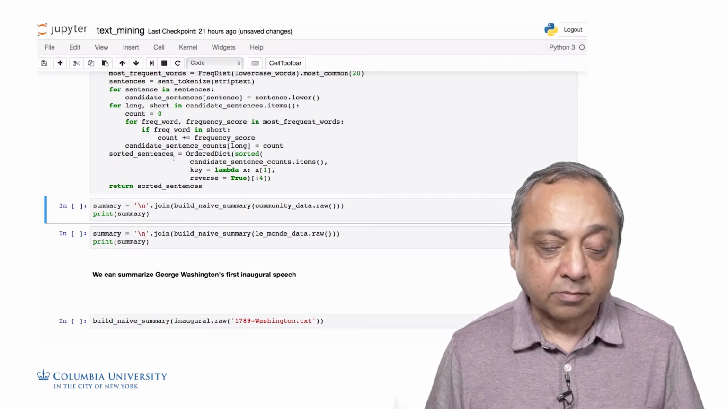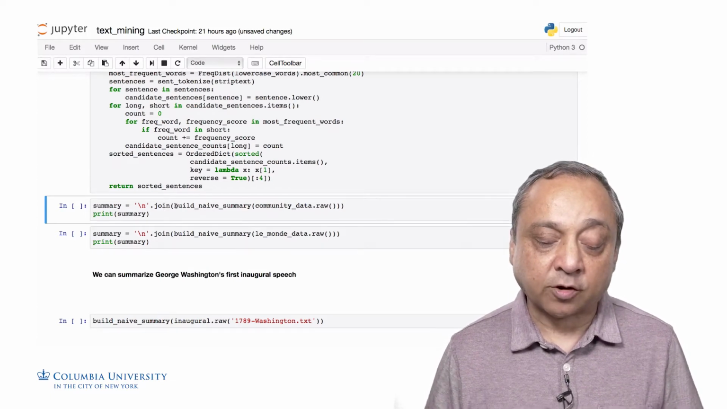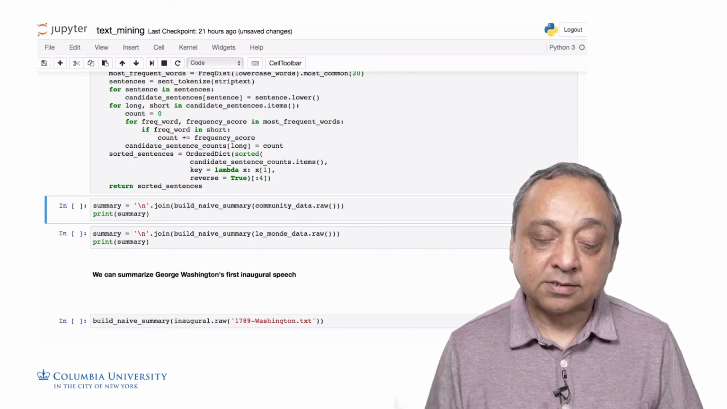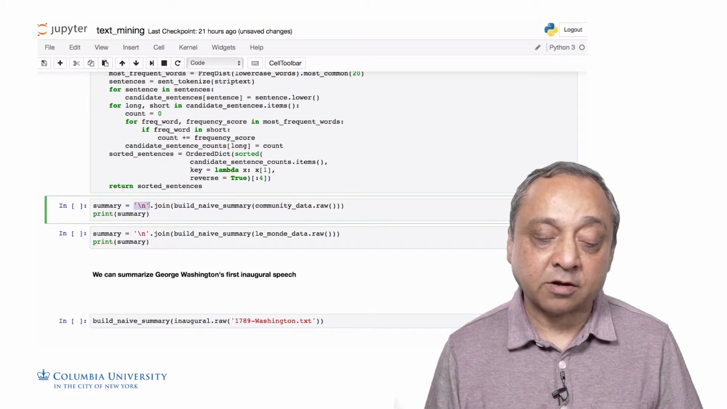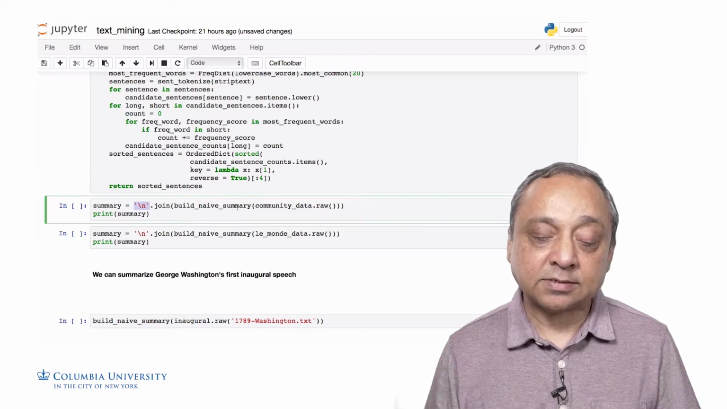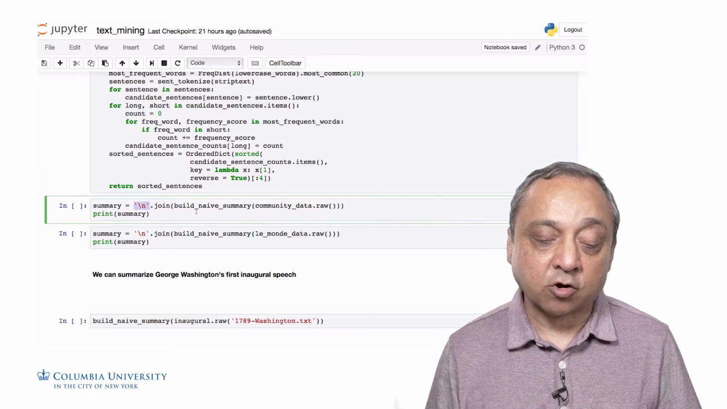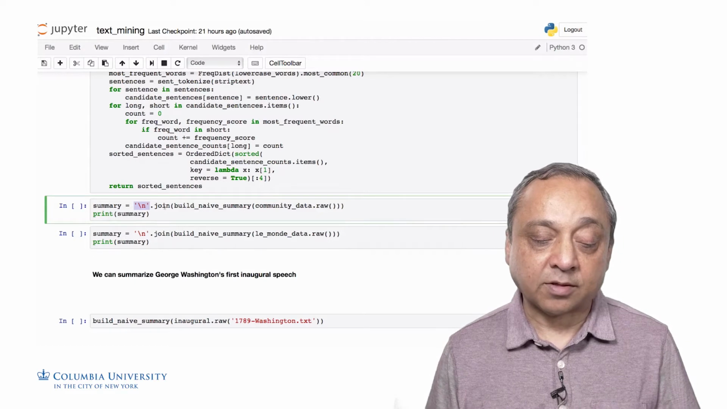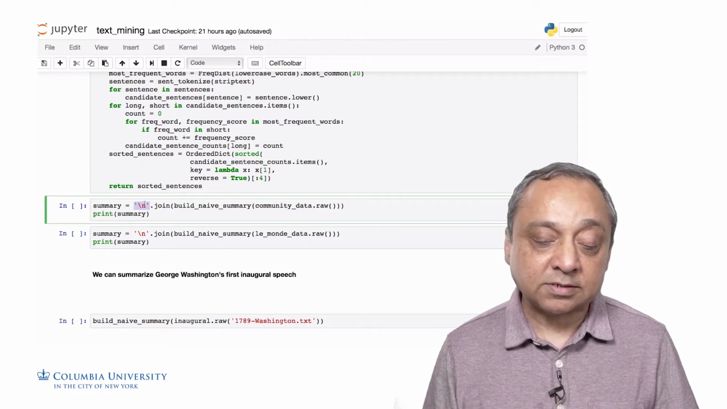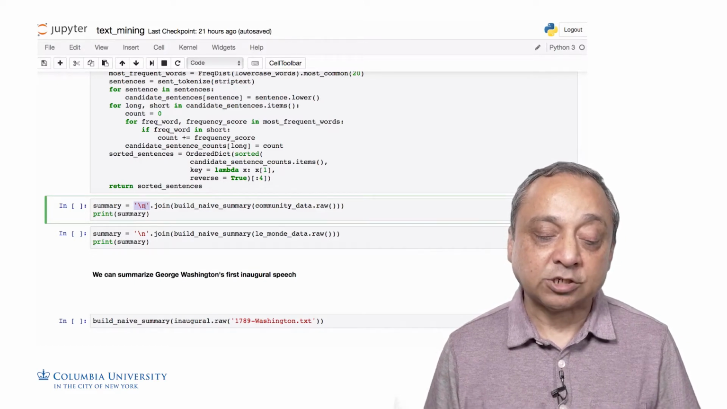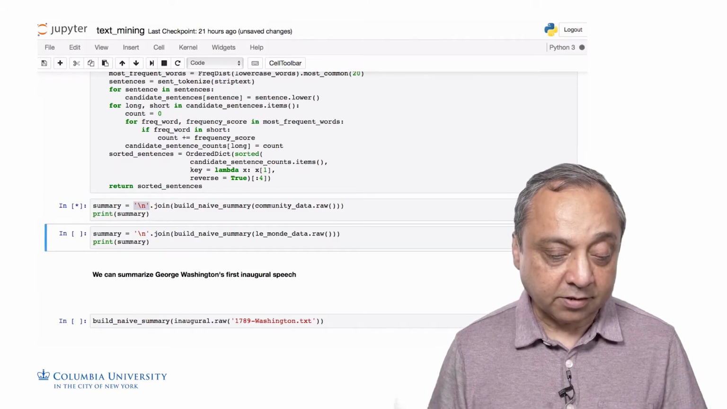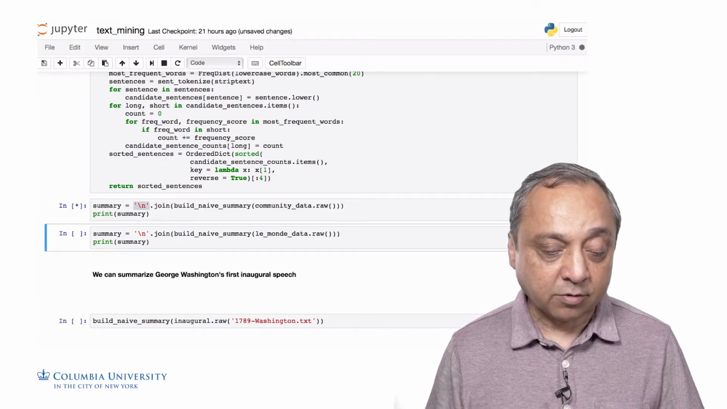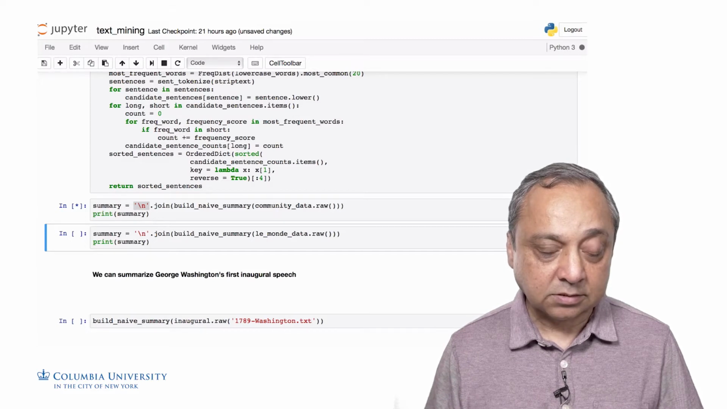And then I'm going to use a join function. What the join function does is it takes a list and its elements and joins them with whatever separator we give here, right? So the list is build naive summary of community data.raw, and that produces something, and we join the elements of this list by using a \n, and we print the summary, and we get a summary which says